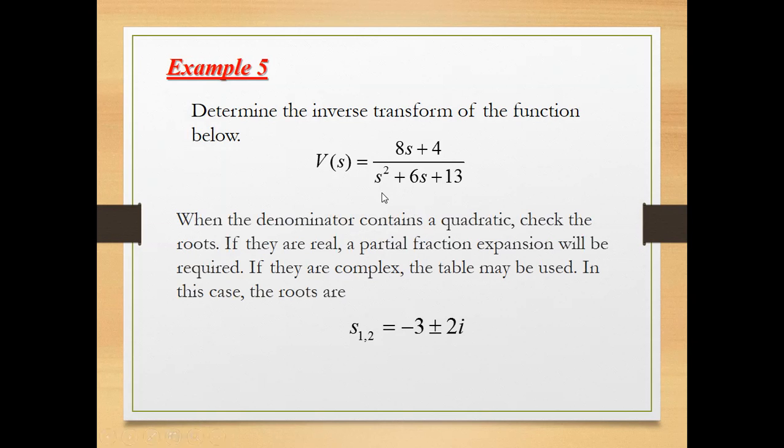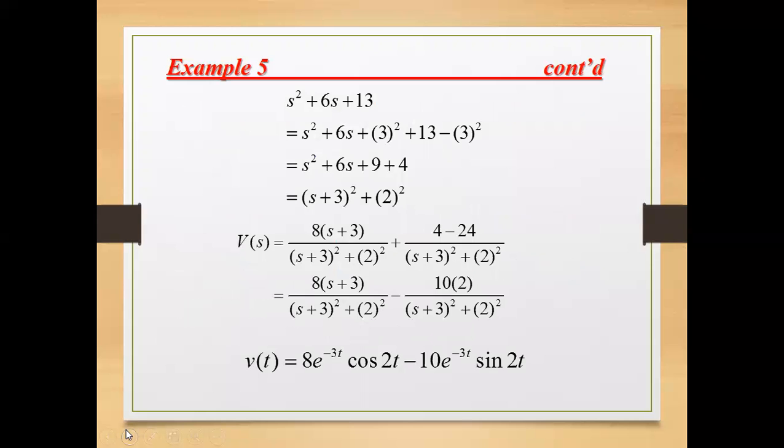So how would you go about factoring it in algebra when a quadratic polynomial will not yield linear factors? I'm sure everybody recalls completing the square, and that would be illustrated here on the next slide. Since factoring the denominator will yield a pair of complex roots, you have to do completing the square. You need to ask yourself, what number will I add to s squared plus 6s so that I will have a perfect square? How do you get that number?